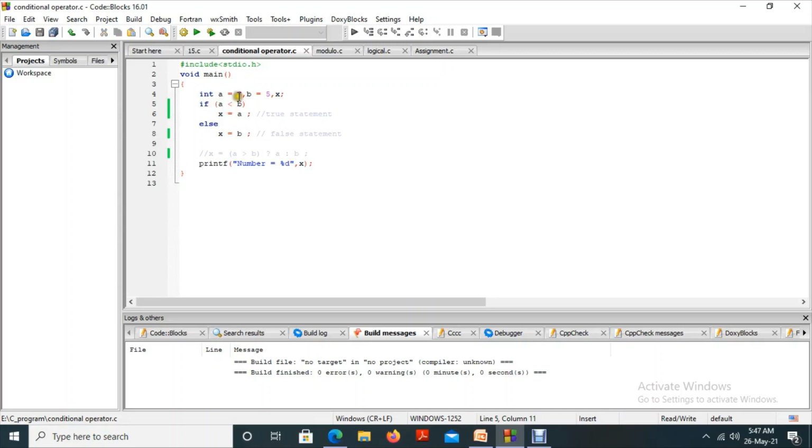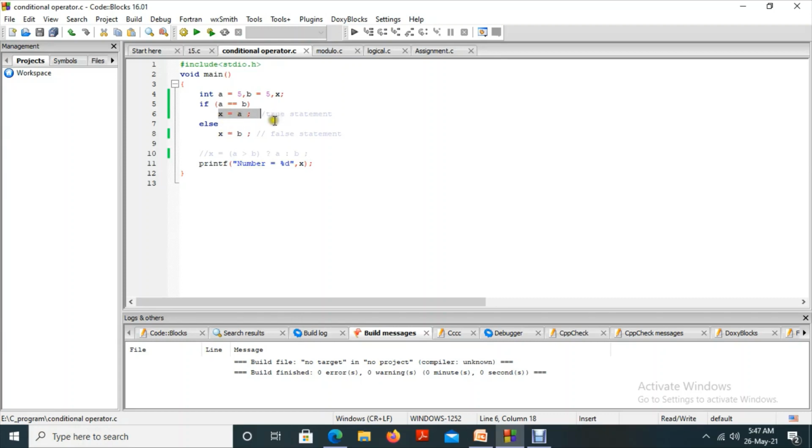And the next operator: consider a equal to 5 and b equal to 5. I just want to compare whether a equal to b. If a equal to b, what's the meaning of that? 5 equal to 5. If the condition is true, then x equal to a. That is the program that I am writing here.